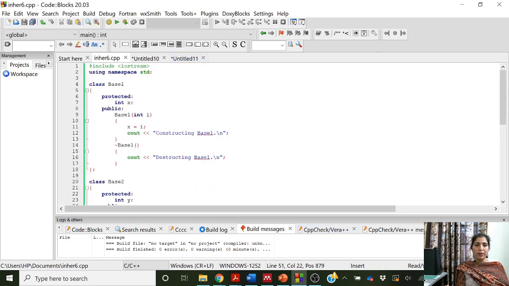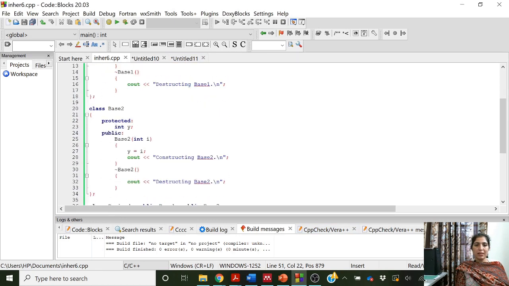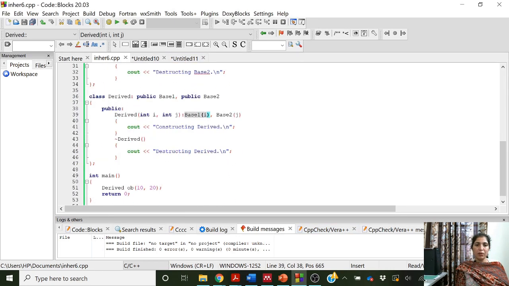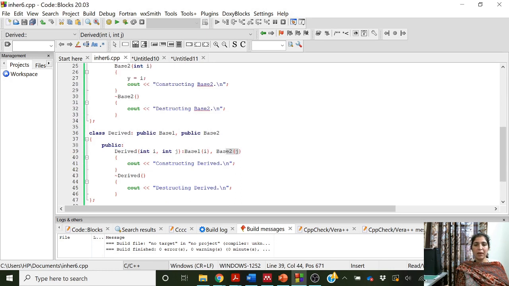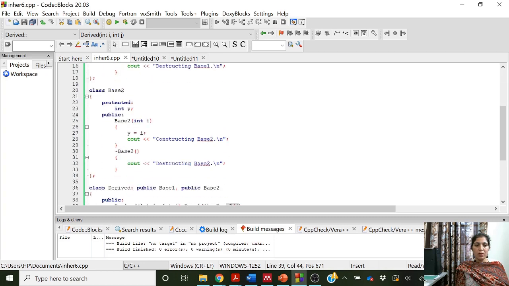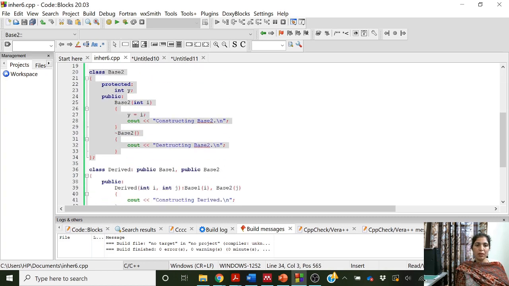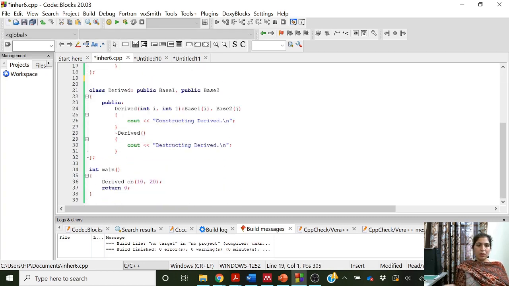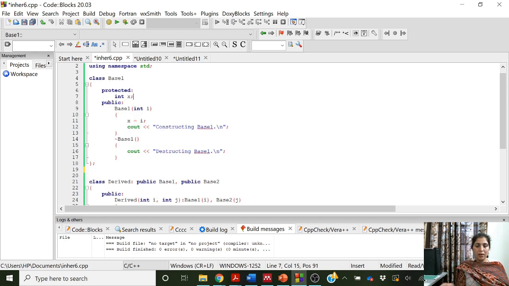Okay, so in this example we were passing only one parameter to the base class. So base 1 used variable I, base 2 used variable j, but we can pass as many parameters to the base classes as we want. Okay, suppose let us remove base 2 from here and let us have two variables x and y here.